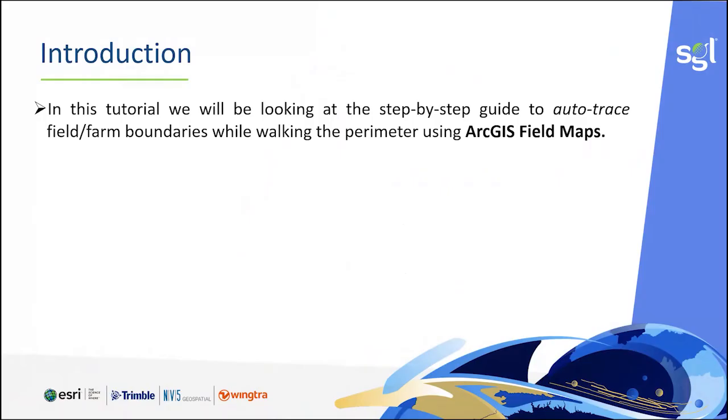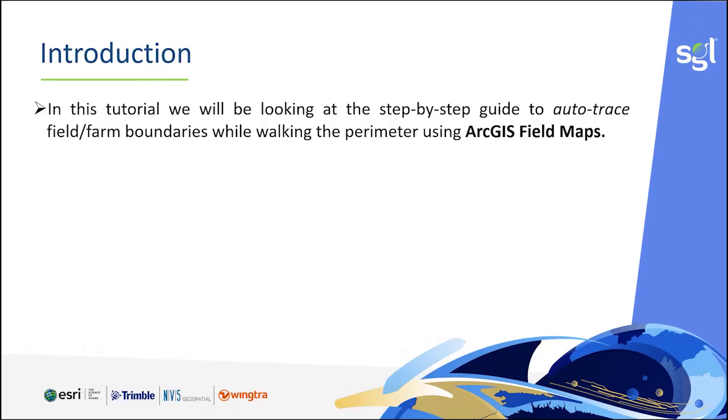In other words, instead of you manually tracing the boundaries of your feature or the boundaries of your area of interest, you can actually use a particular feature depending on the settings from your ArcGIS Field Maps to auto trace rather than manually mapping your area of interest. Now you can decide to walk around the boundary, then it auto traces. Then it's not actually limited to boundaries alone. You can use that to also